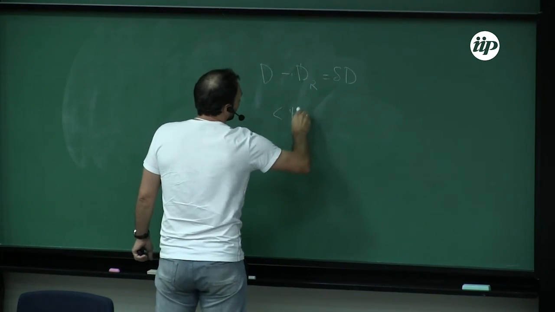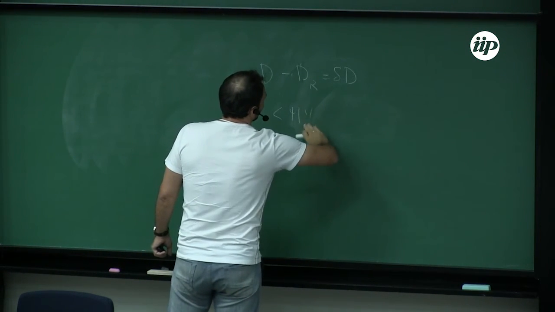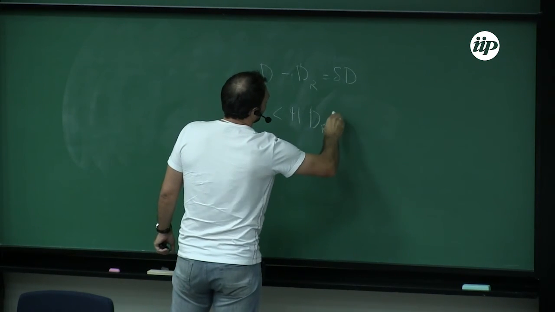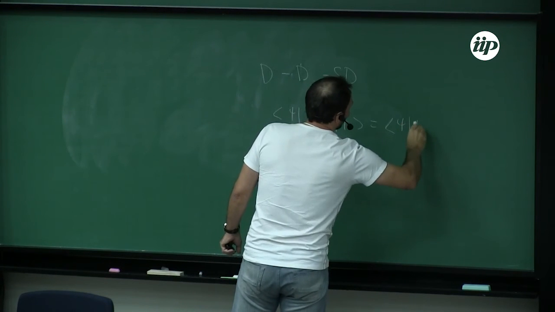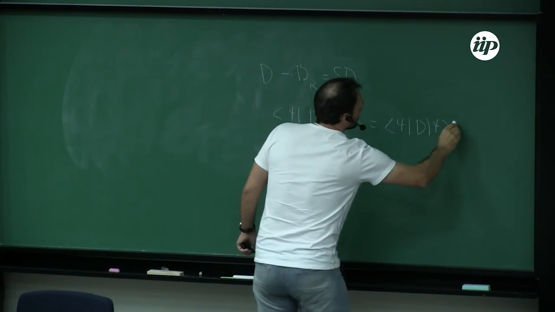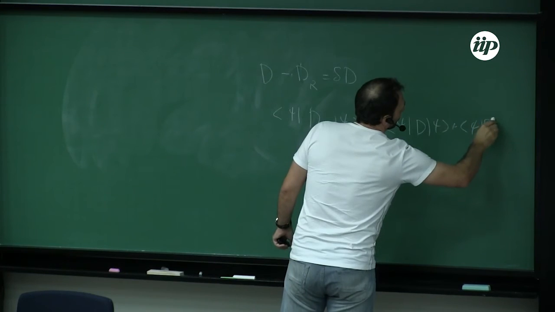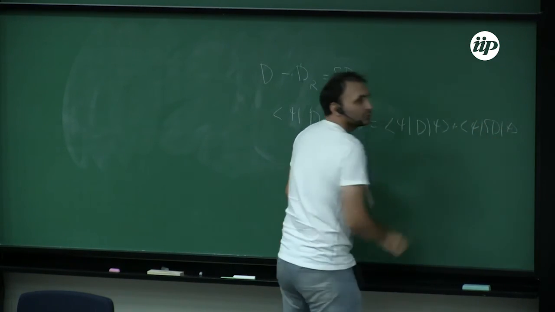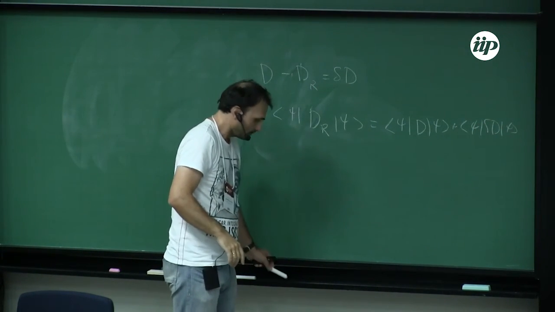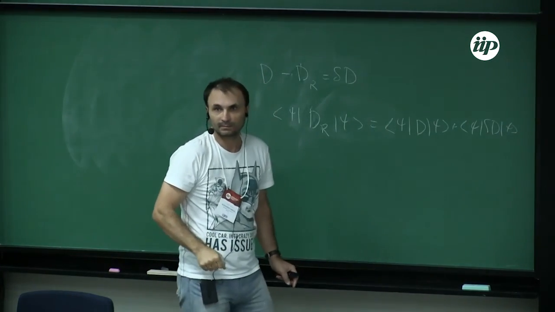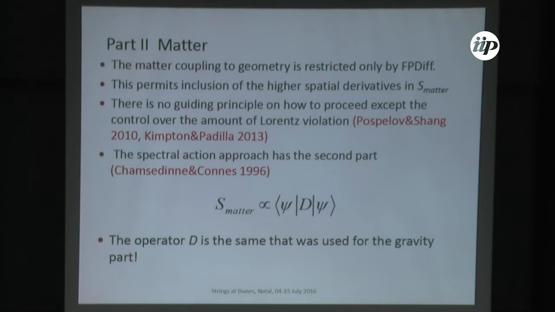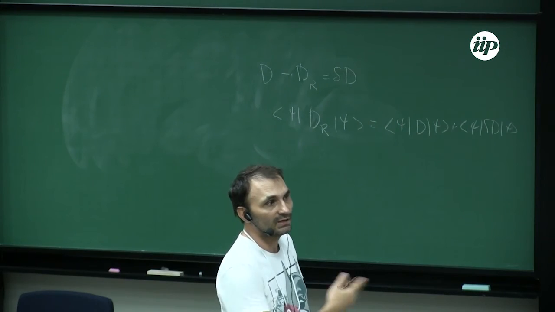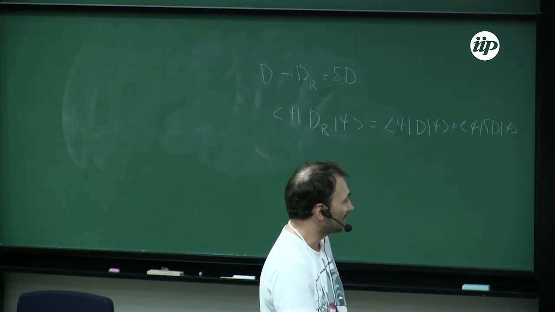If I couple to this one, it will be the minimal coupling plus a non-minimal term. It's really an integral over spinors and all that stuff. But the point is that this is really not minimal coupling. If I couple to another Dirac operator, to another geometry, it's not minimal coupling.